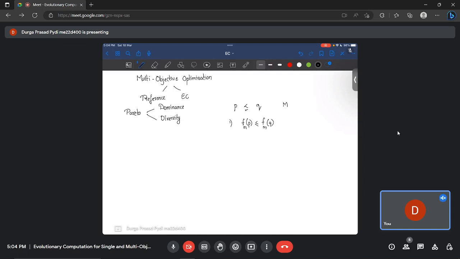It should be no worse in the sense that it should be less than or equal to the objective function calculated at the value of Q, and there should exist at least one particular objective function where it is strictly less than